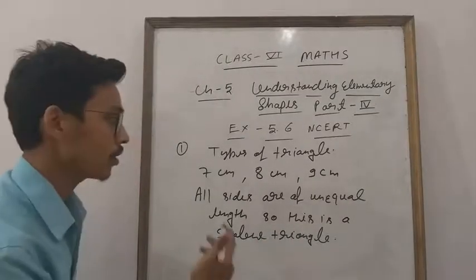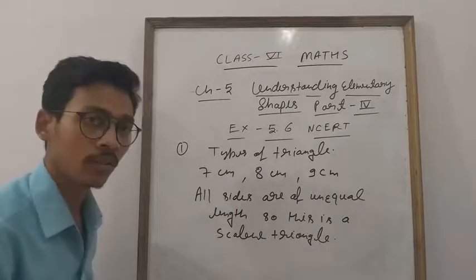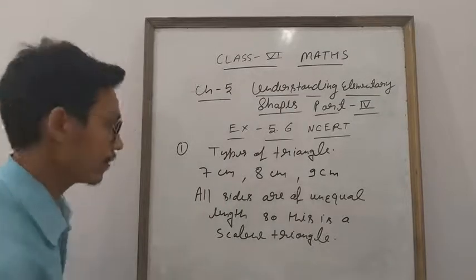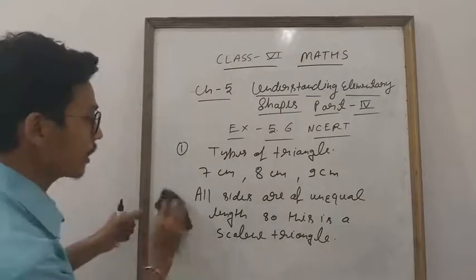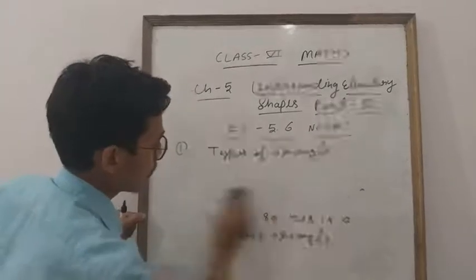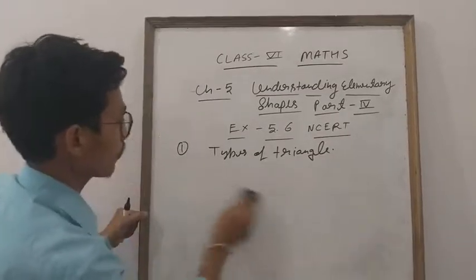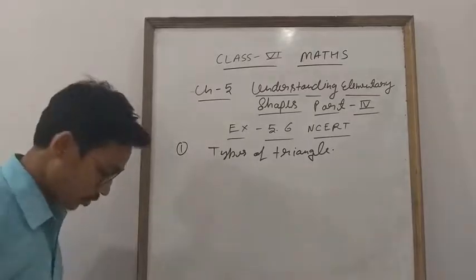You can also write that all sides of a triangle are not equal, due to this this is a scalene triangle. Clear everyone? This is only what you have to understand. I explained this many times in the videos, that is, how we will observe what type of triangle. Okay everyone? Next question it is given.